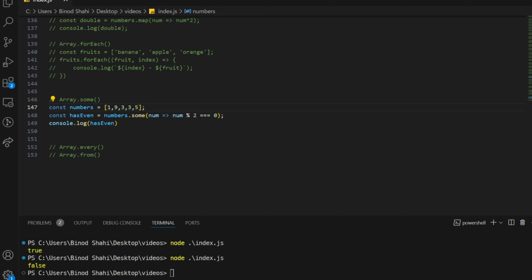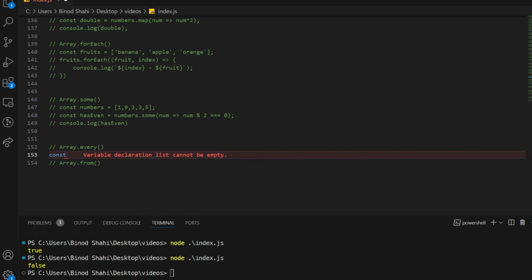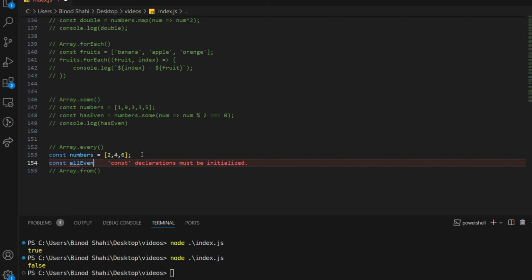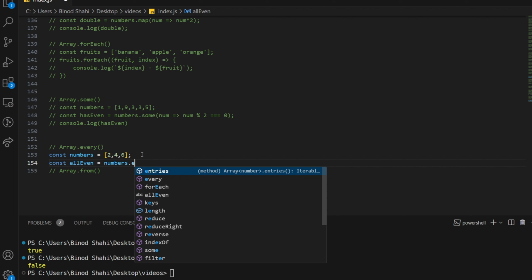So let's make a new array. Const numbers, say 2, 4, 6, right? All even, right? Numbers dot every,